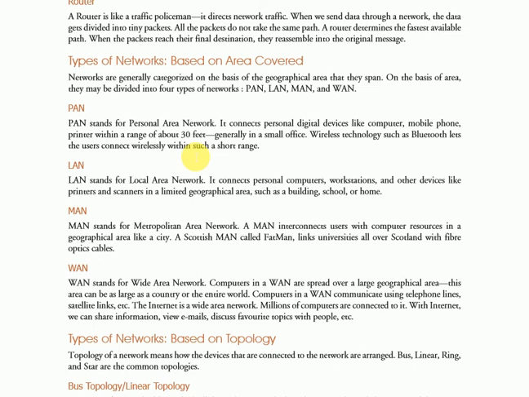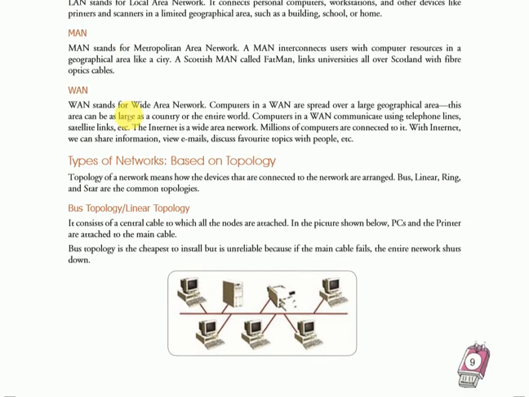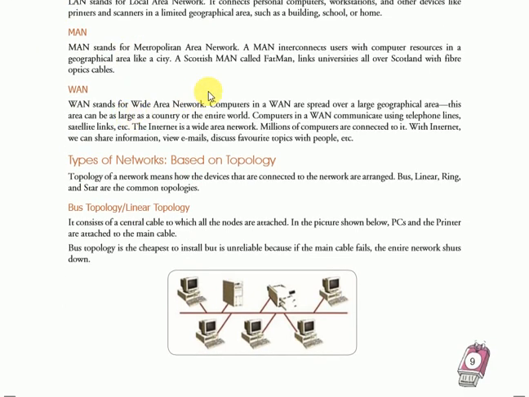But the local area network is limited. You can use it only in a building, school or home. Next, MAN, metropolitan area network. A MAN interconnects users with computer resources in a geographical area like a city. A Scottish MAN called FatMAN links universities all over Scotland with fiber optic cable. So MAN covers your entire city. Like that, if we want to connect the network in Jaipur city, then we will use the metropolitan